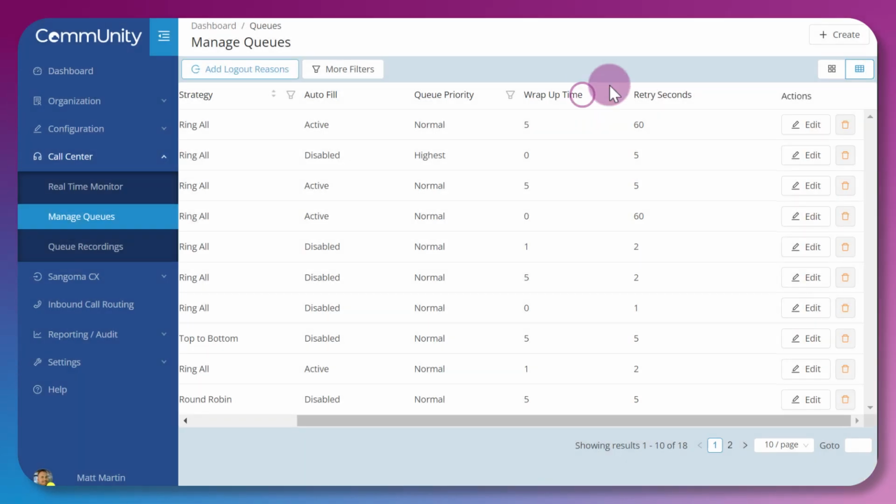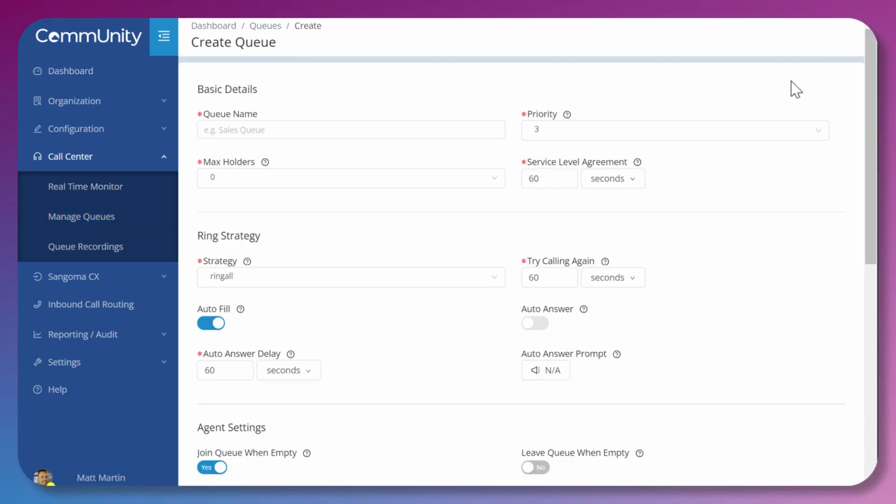Now let's head over to the Queue Create button, where we can get started with queue creation basics. I'll demonstrate the queue configurations in a general fashion, as you can view the help icon next to each setting for a more detailed explanation of any particular setting. Starting with the basics, we can set the queue name,